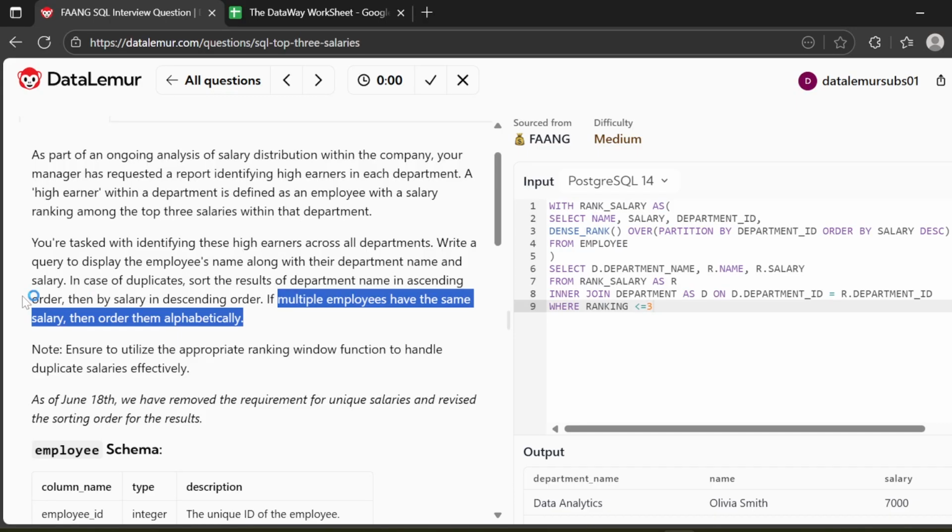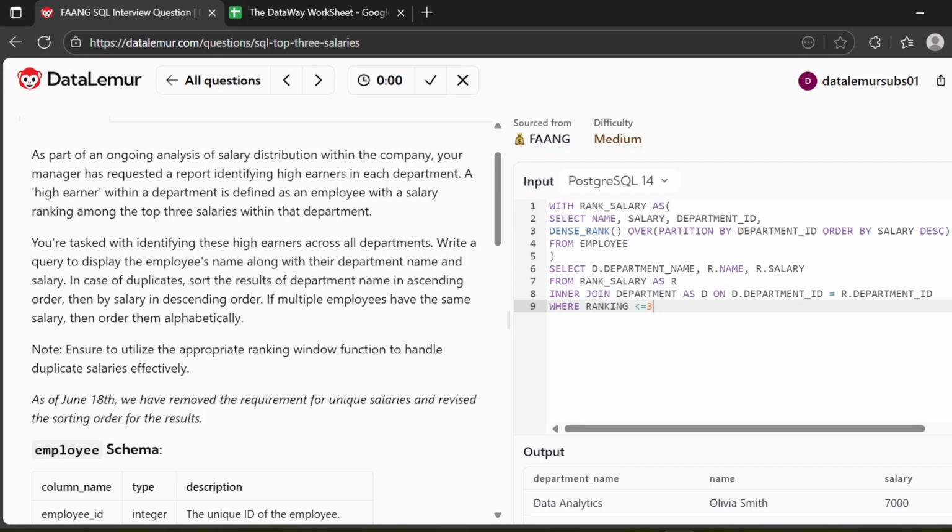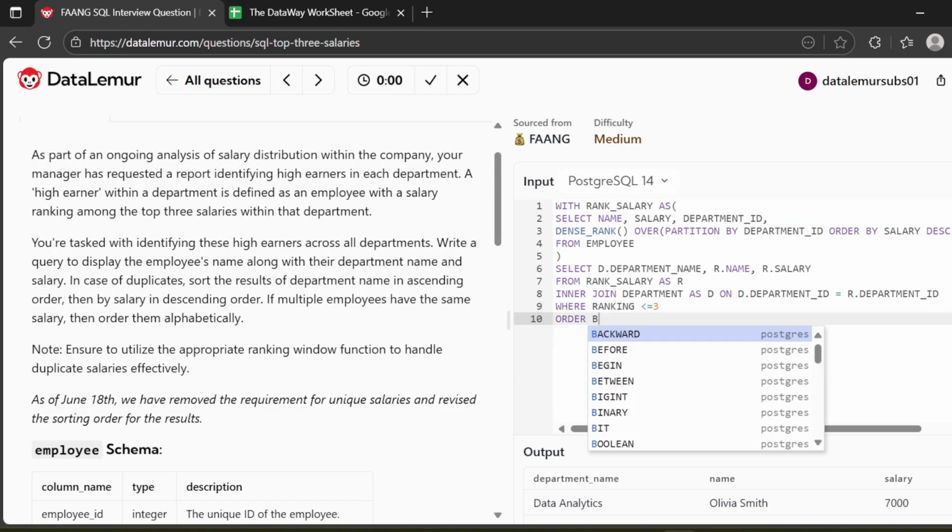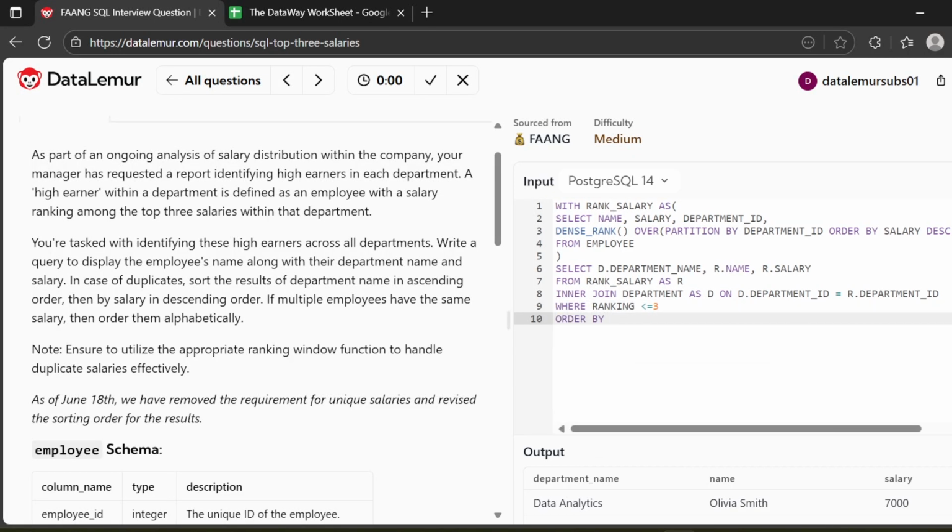We completely skipped the ordering part. Okay, so what I'm going to do is I'm just going to go order by. So the first thing we're going to order by is the department name, right? So d.department_name ASC. Okay, so you have to display the employee's name, sort the department name in ascending order, then salary in the